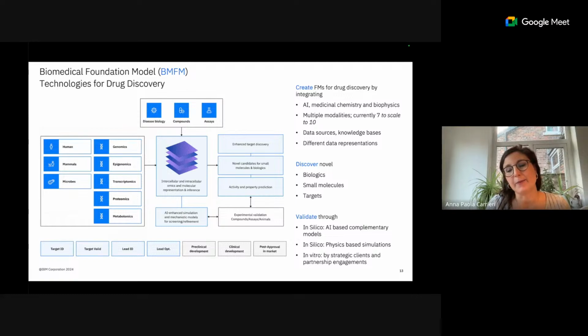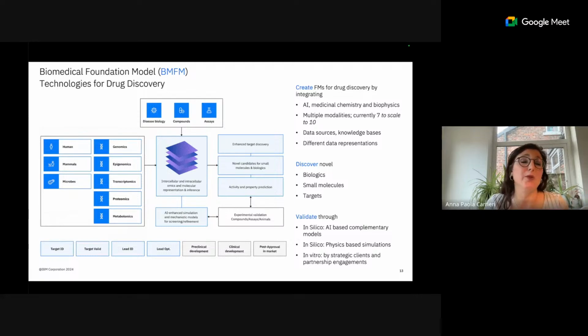And once we apply these foundation models to the problem of our client, we then validate the results from our foundation model. How do we validate the results? By results, I mean not only the prediction and the accuracy, but also, if we are generating a small molecule, whether that small molecule can actually be made in a lab. Is it actually viable? Well, we validate in silico, for example, by comparison with other AI models.